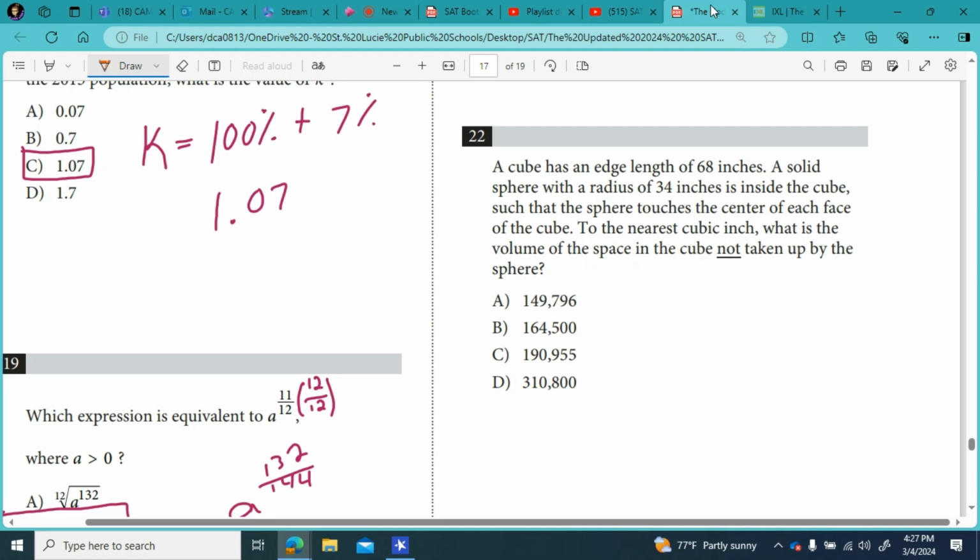We're on question number 22, which says a cube has an edge length of 68 inches. A solid sphere with a radius of 34 inches is inside the cube, such that the sphere touches the center of each face of the cube. To the nearest cubic inch, what is the volume of the space in the cube not taken up by the sphere? So we have this cube